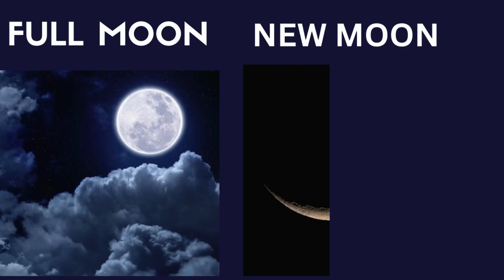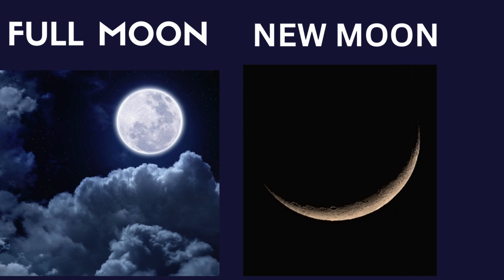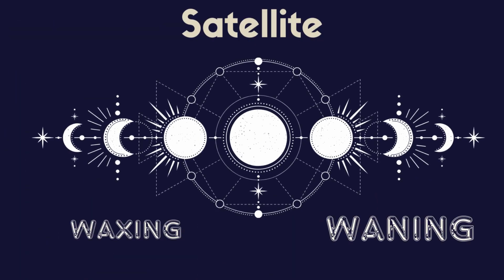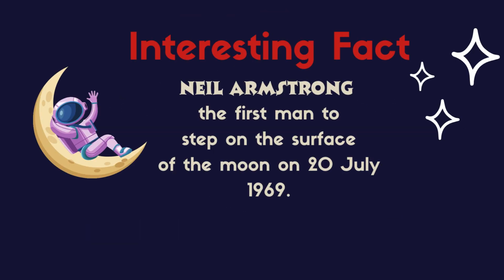Wow, watch out for the difference between full moon and new moon. The full moon is the lunar phase when the moon appears fully illuminated from Earth's perspective. The new moon is the lunar phase when the lunar disk is not visible to the naked eye. Some interesting facts: Neil Armstrong is the first man to step on the surface of the moon on 20th July